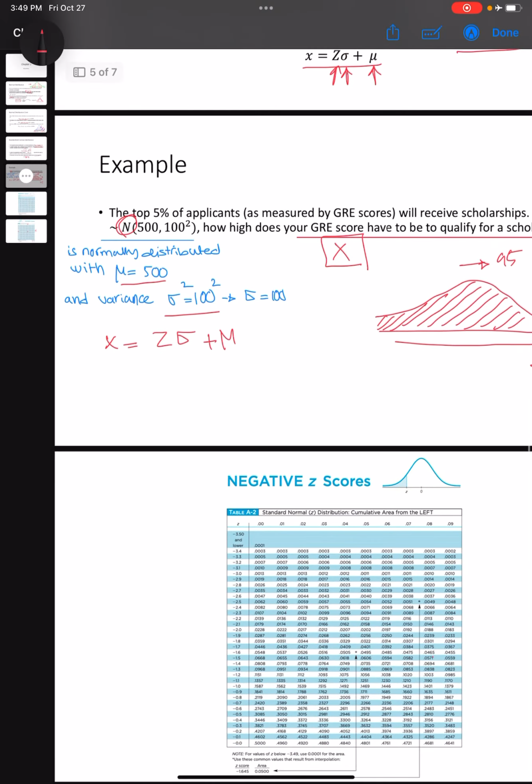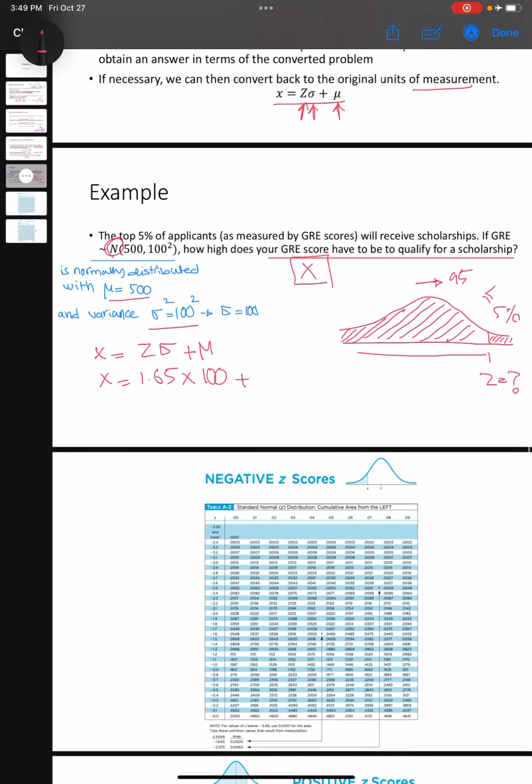We can simply put z-value 1.65 times standard deviation 100 plus mu, which is 500, the mean. So the score has to be 665 at least in order to fall in the top 5%